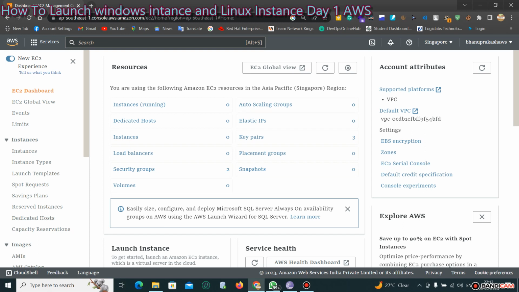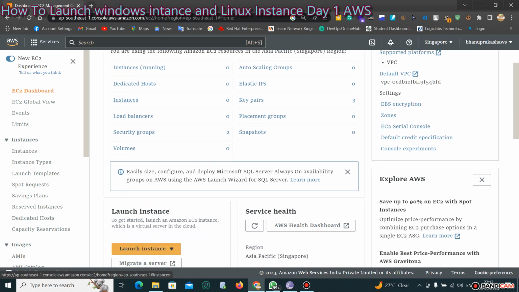Guys, in this video, let's see how to launch a Windows and Linux instance. For that, first of all, you need to log in to your AWS console, and after that,